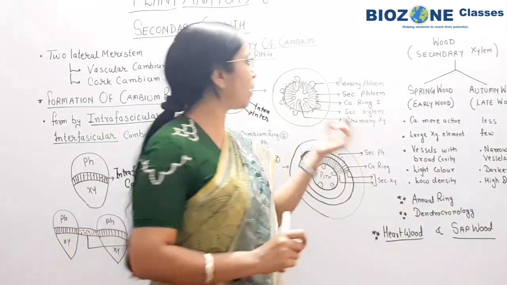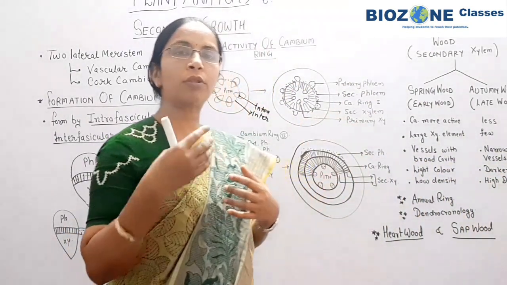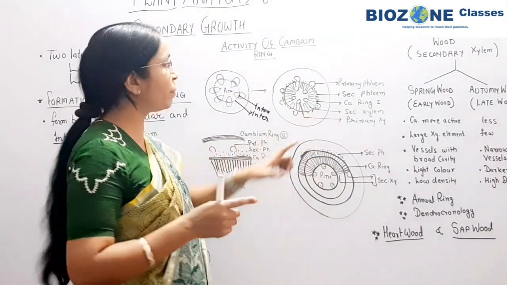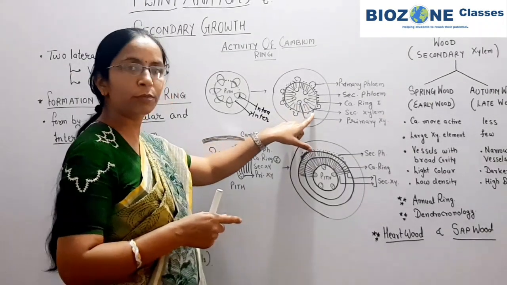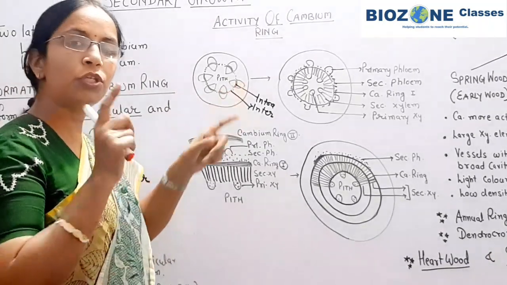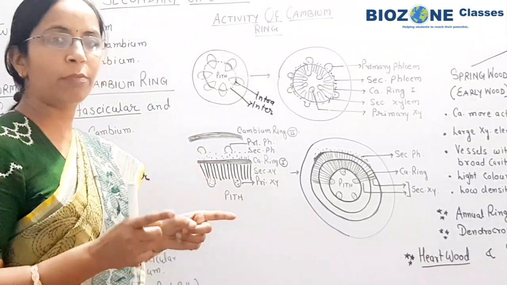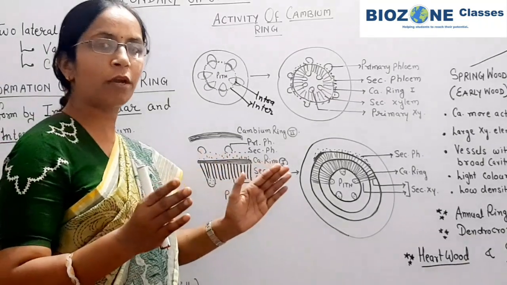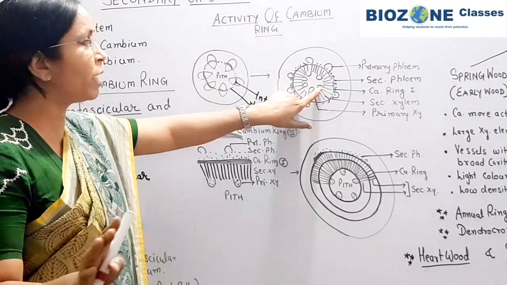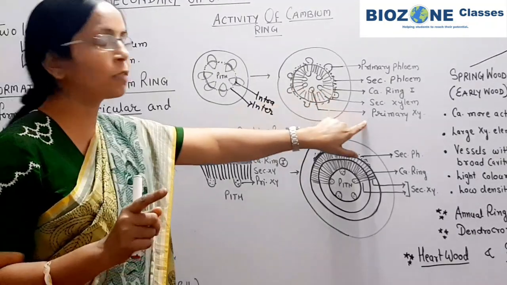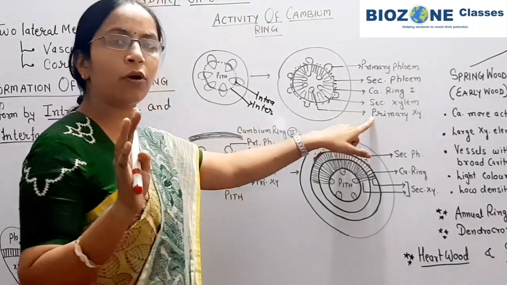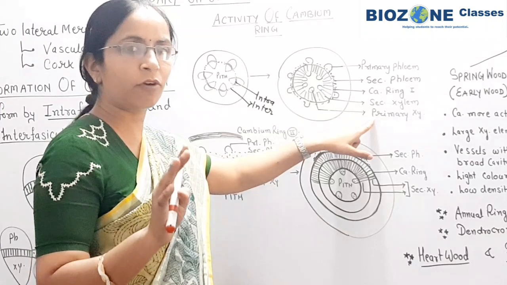So whenever the cambium is active, it produces two or three times more secondary xylem as compared to secondary phloem. Now what is happening when the secondary xylem and secondary phloem are present? The primary xylem and primary phloem, which initially are present on both sides of the cambium ring, get displaced from their position. Because of that, the primary xylem is always present towards the pith, and this primary xylem remains present as it is throughout the life of the plant.